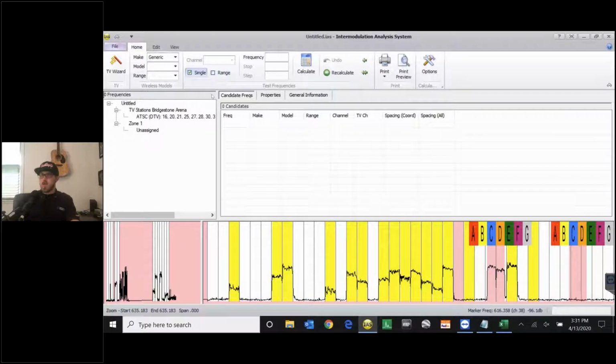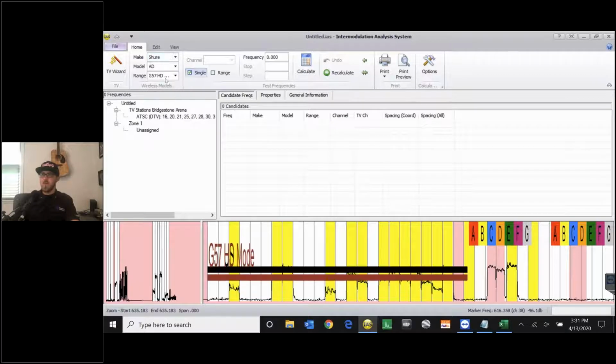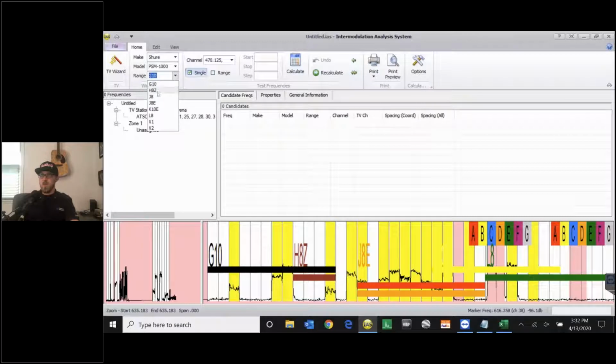Now we're going to start working on our inventory. Up here, you've got make, model, and range. We're going to look at something basic for now. Start with some of my transmits, which would be a part of the band plan that I've come up with. For the model, we're going to look at PSM 1000s,